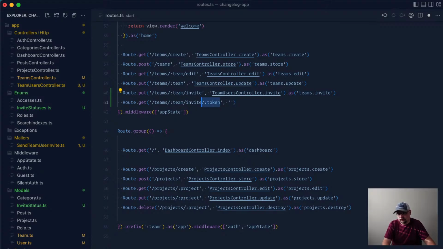Maybe we do that as a signed URL and then have that be the invitee's URL or invitee's ID. So that would be like user. Yeah. All right. So team users controller dot